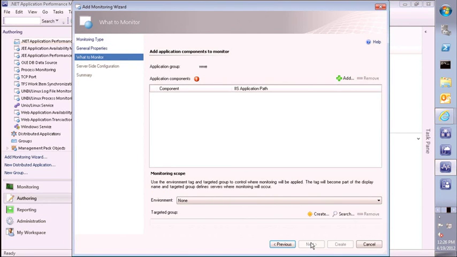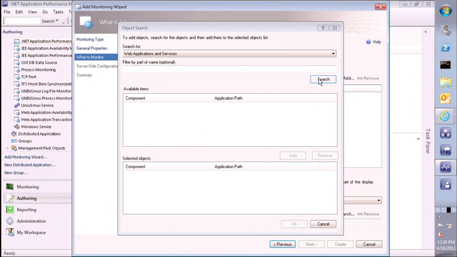Sorry about that. So now what I need to do is actually pick the application I care about. So one of the first things that's taking place underneath the covers is we're discovering the applications that are in the environment. So we're seeing what applications are out there. We're now selecting which ones that I'm interested in setting up this template for,